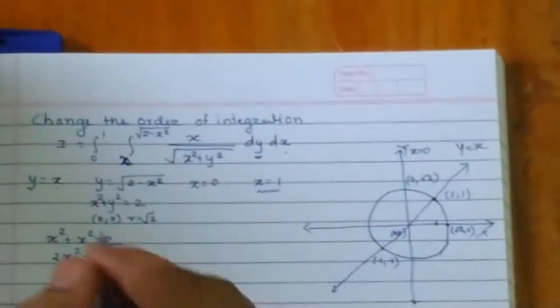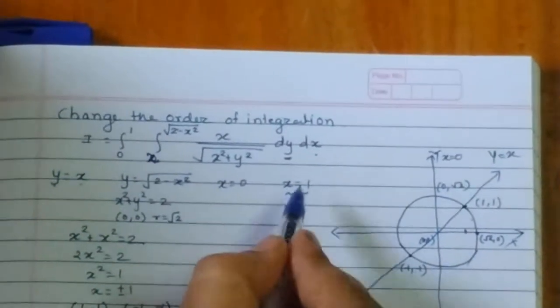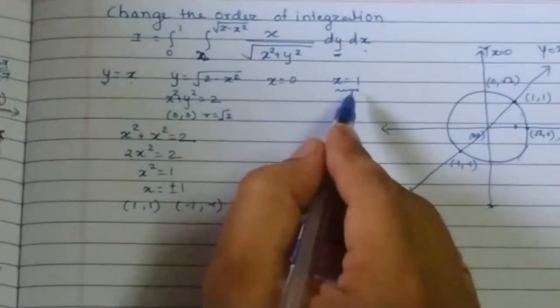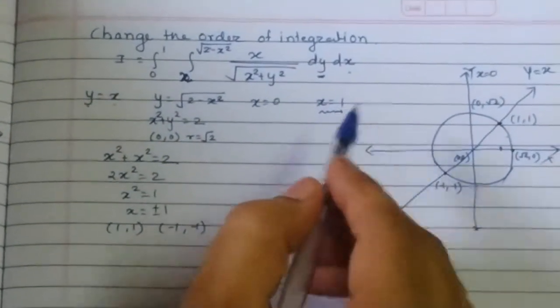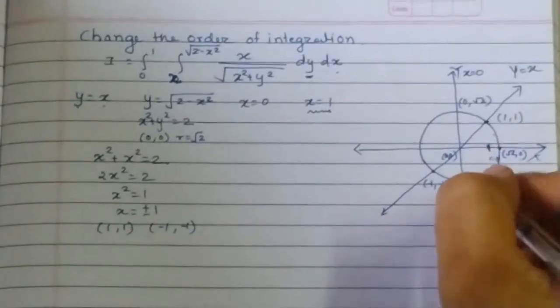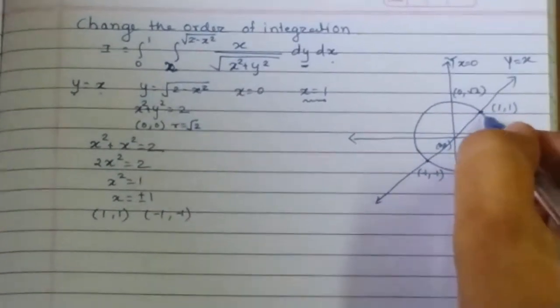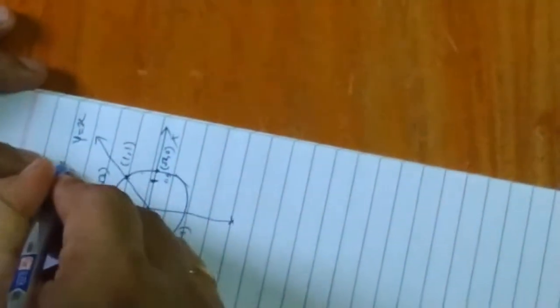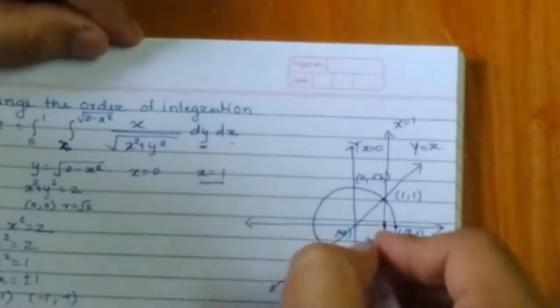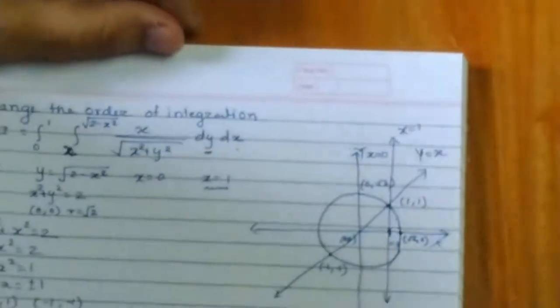Okay. Now what about the x equal to 1 line? X is equal to 1 is a line passing through all such points where the x coordinate is 1. So of course here the point has to be 1 comma 0. Okay, and this point is 1 comma 1. So it passes through this one. So your line x is equal to 1 will be like this. So your region of integration is what?